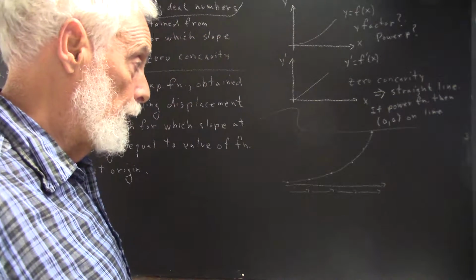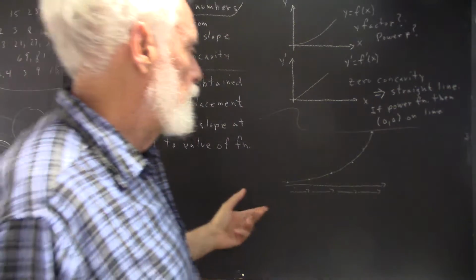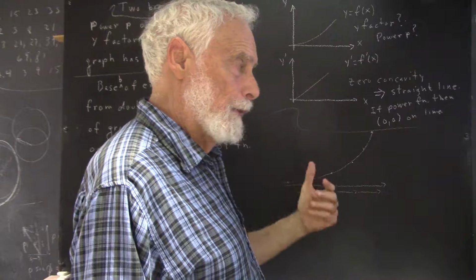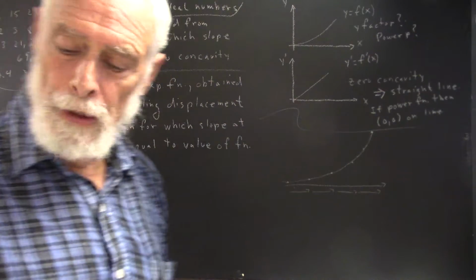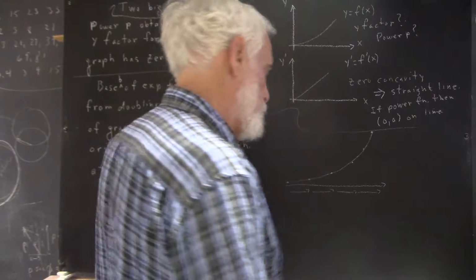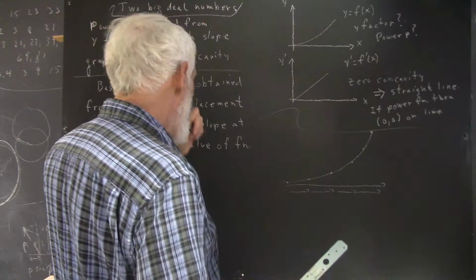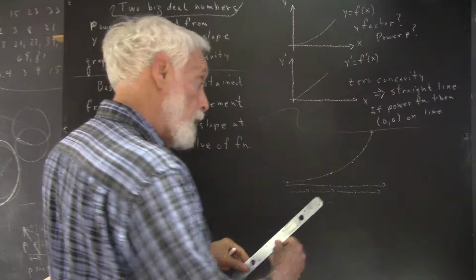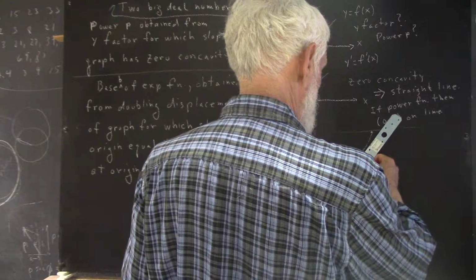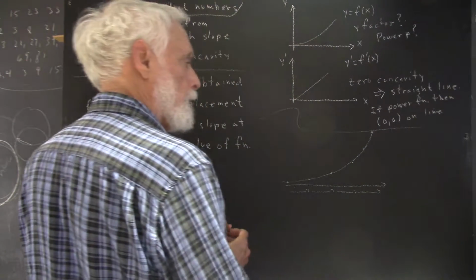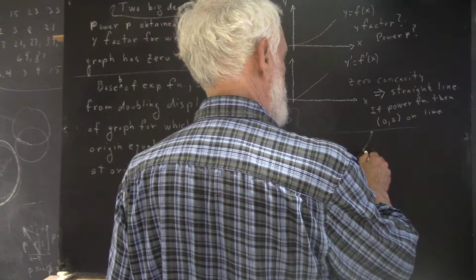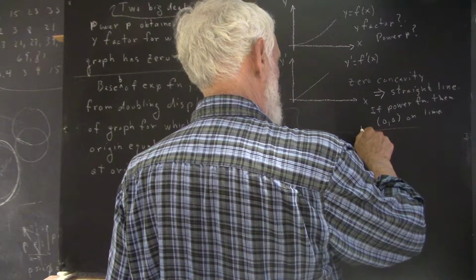That's the value at the y-intercept. So we want a graph whose slope at the y-intercept is 1. So if we assume equal scales, the slope 1 corresponds to a line at 45 degrees relative to the x-axis. And that, on this particular graph, occurs right about here. So if I put my y-axis here